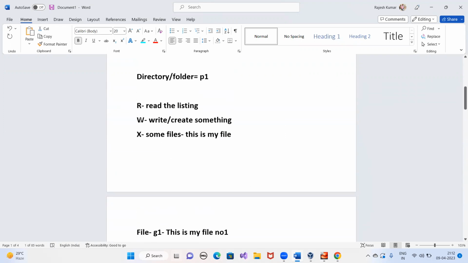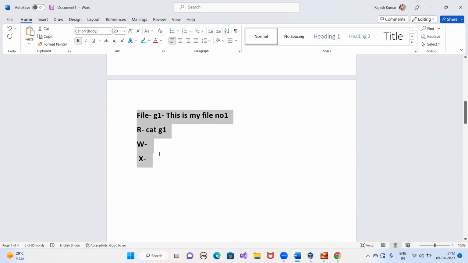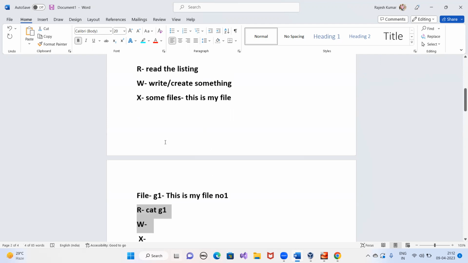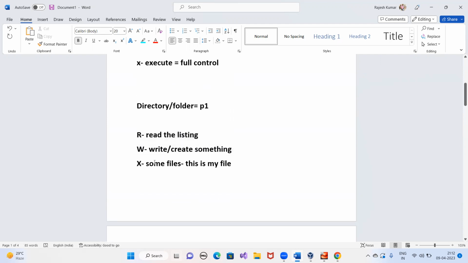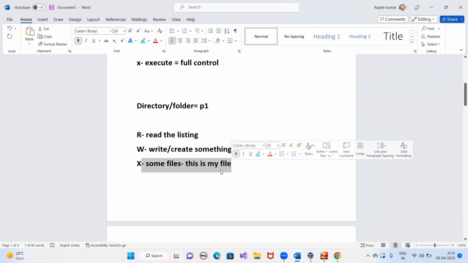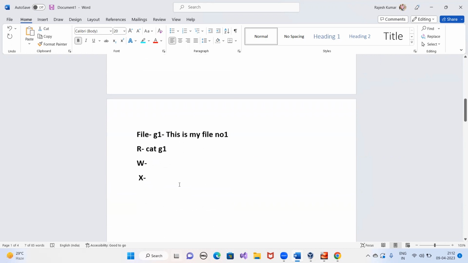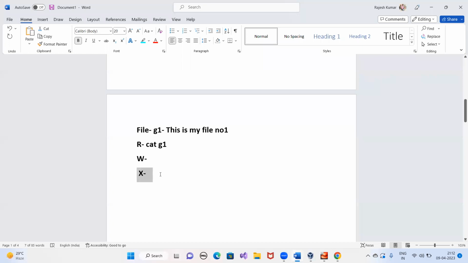But in folder level, what is X permission? X means execute. So if I have created some file and folder inside the directory, if I have the execute permission, I can enter inside that and I can see the content, what is written inside that. So on folder level, there are different levels of permission. On file level, the permission works differently. Read and write meaning is the same, but for X, it has a different meaning. In folder, it has a different permission. In file, X means to run the script. So this is how the permission works in Linux.